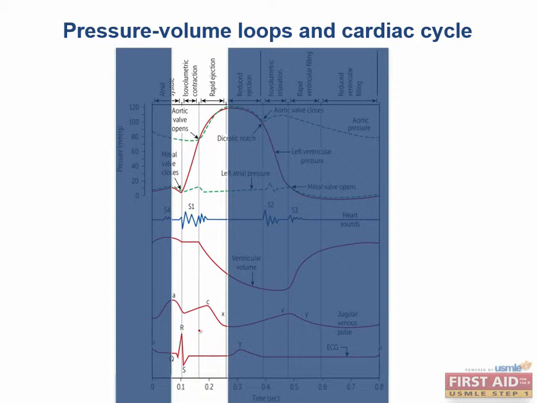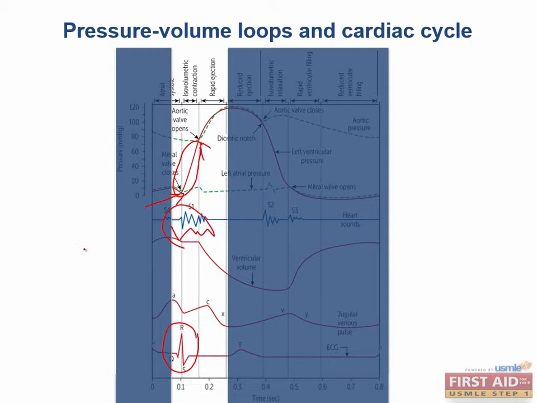Let's take the next step and examine what's going on during isovolumetric contraction and rapid ejection. We know the QRS complex represents ventricular depolarization. When we depolarize, the result is ventricular contraction and therefore an increase in the left ventricular pressure. Notice there's an increase in this pressure tracing. The increased pressure in the left ventricle will slam the mitral valve shut, and we get mitral valve closure at this point. This creates a component of the S1 heart sound, so we can hear some audible noises in this